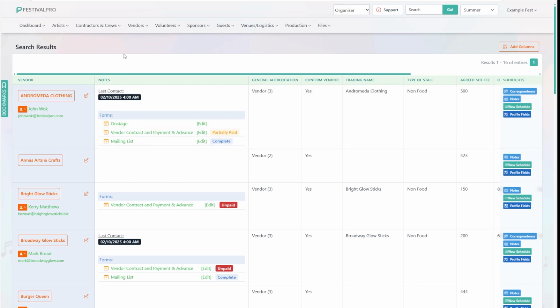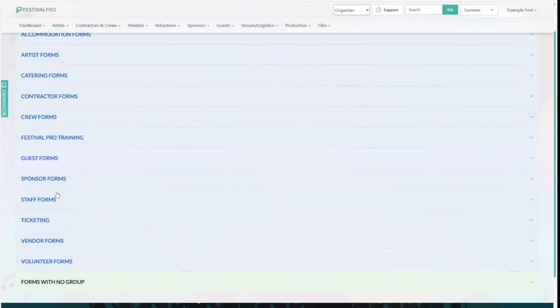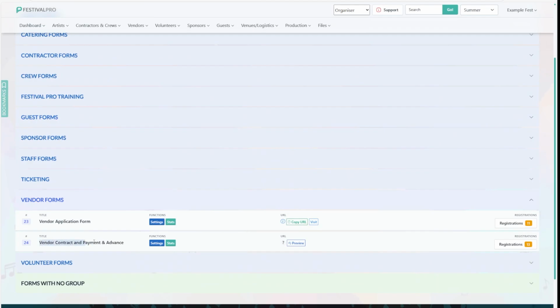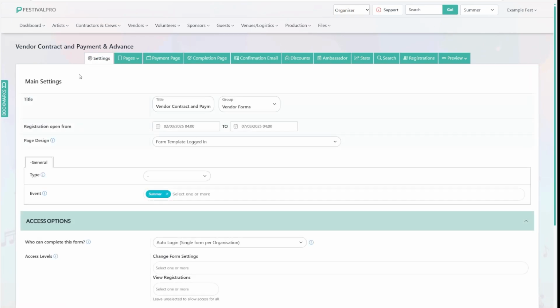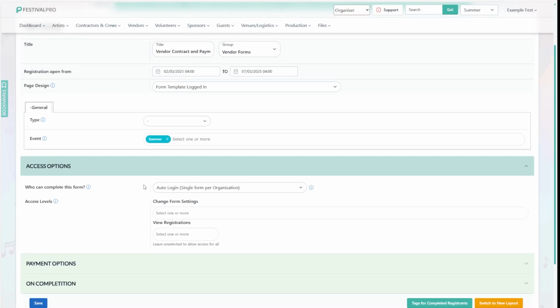So once we've got our contacts in here and we've assigned them their site fee and their accreditation, next thing we want them to do is tell us some information back and pay their fees. If we go to dashboard, forms, vendor forms, we'll find our default vendor contract. The important difference between this and the application form is that under settings, we'll see the access options is set to auto login. This means that anyone who interacts with this form needs to be sent a unique link, and